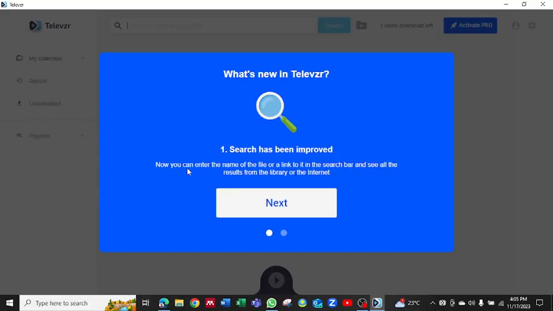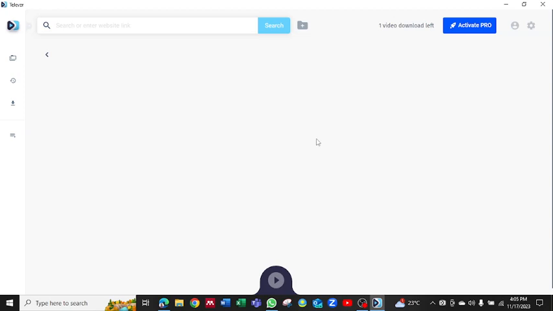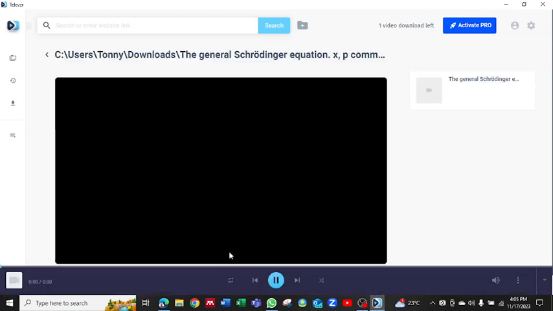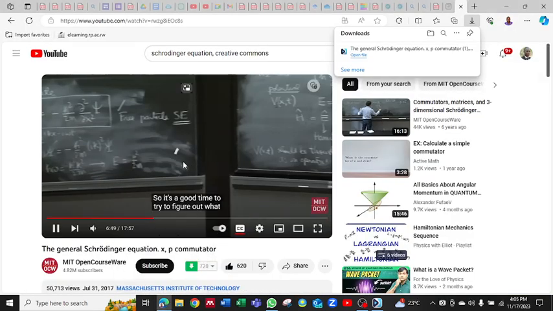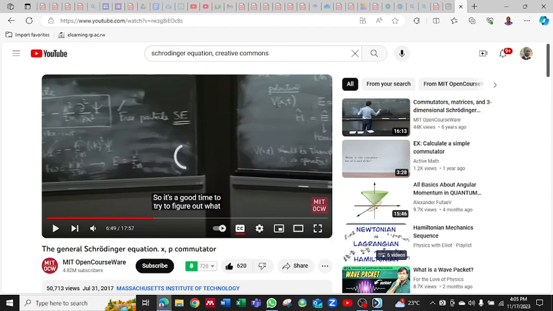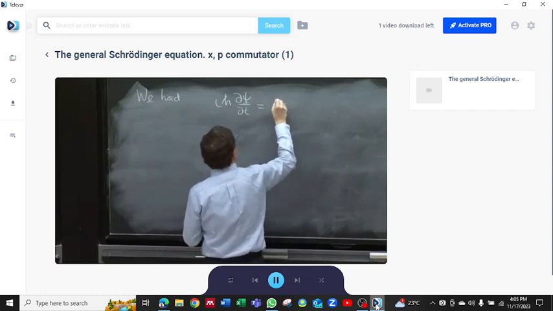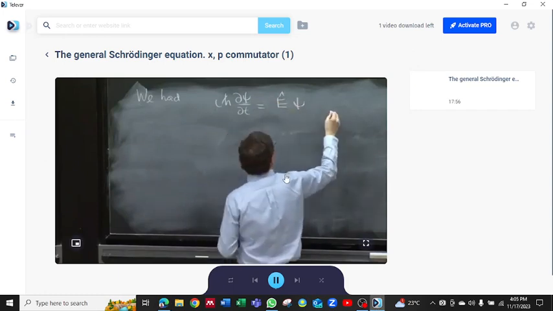So it's also an operator. But x has showed up. So it's a good time to try to figure out what iħ ∂ψ/∂t equals Êψ, where E